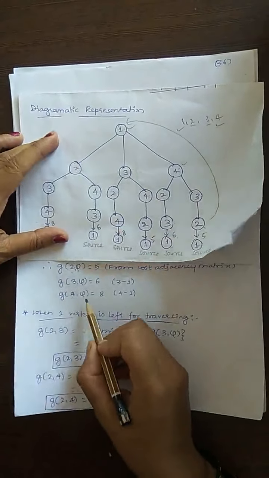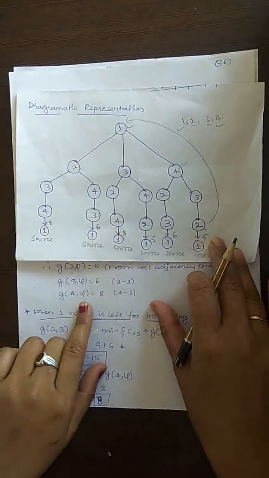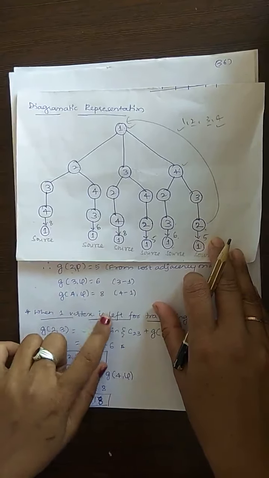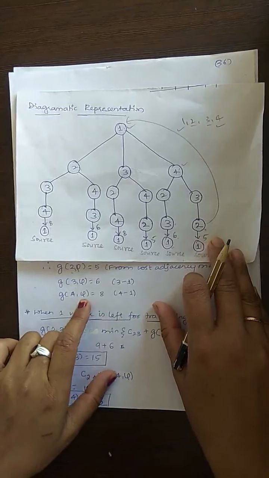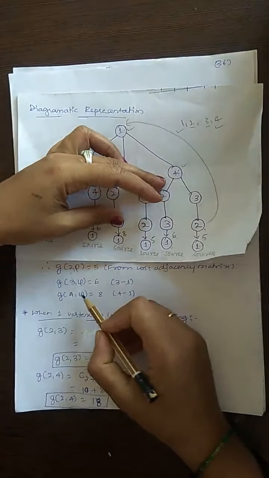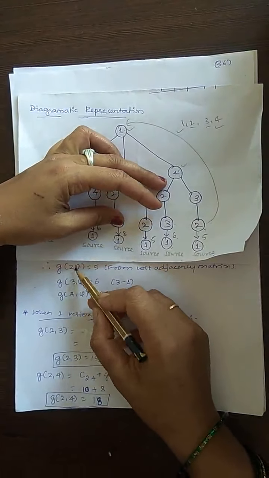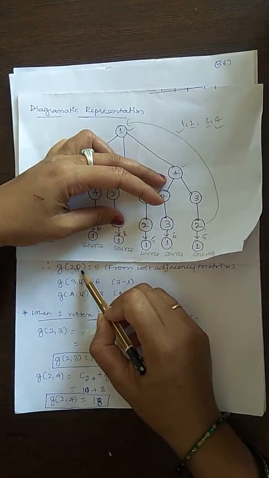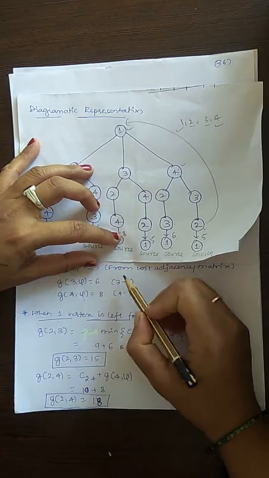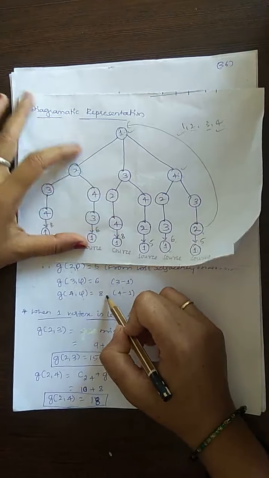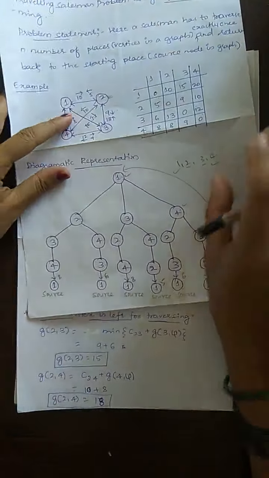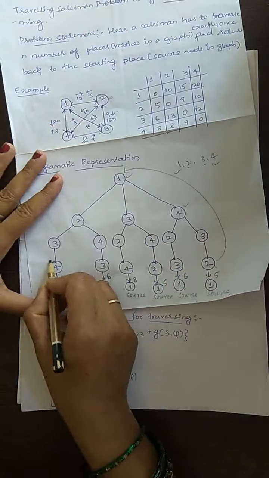Next 4 to nothing. I have reached the last level. From this 4 there are no nodes remaining, so I have to go to the source node. It is as good as saying from 4 to 1. So when you have reached the last level, how many nodes are remaining? No nodes. So we have taken the symbol for nothing here. What is 4 to 1? 4 to 1 is 8 here. So these 5, 6 and 8 we have taken from the cost adjacency matrix. So we have finished with the last level now.